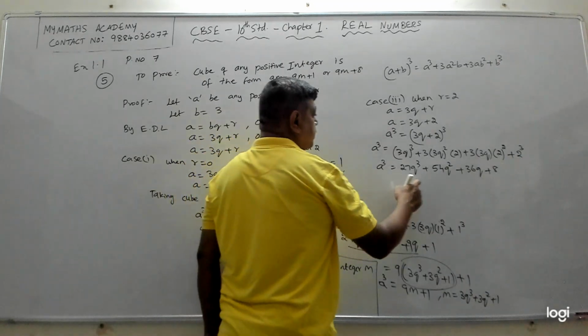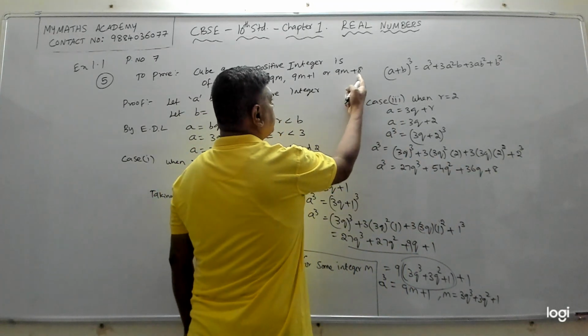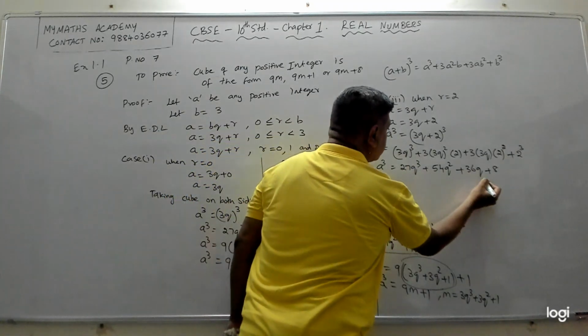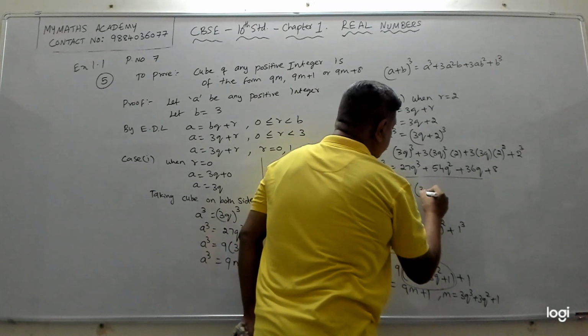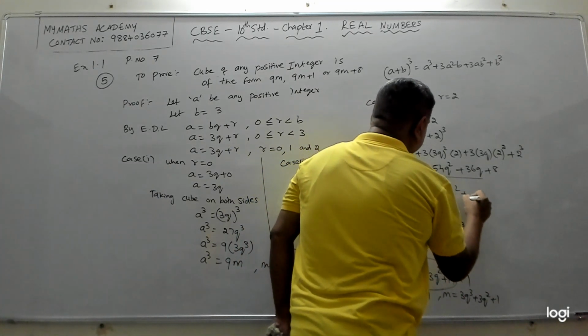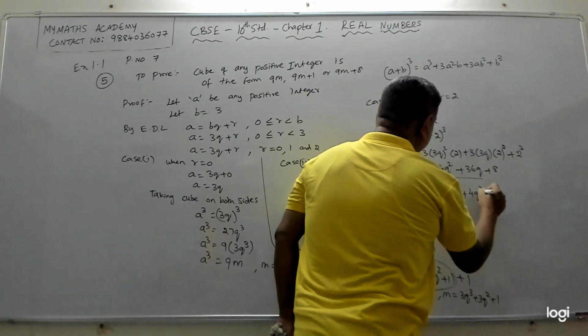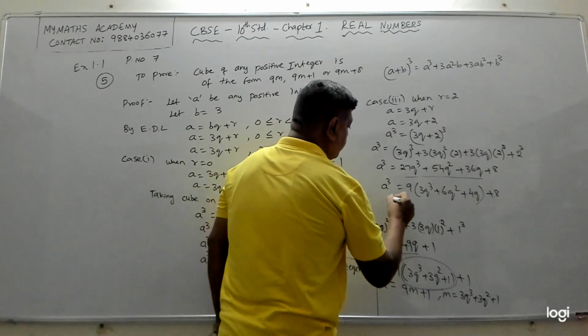Now if you observe this, we are getting a plus 8 here. It's like this form, which means for the values before 8, which are these three terms, we should take 9 common. So if you take 9 common, this will become 3q cube plus 6q square plus 4q, plus 8. That is my a cube. So now my a cube becomes,